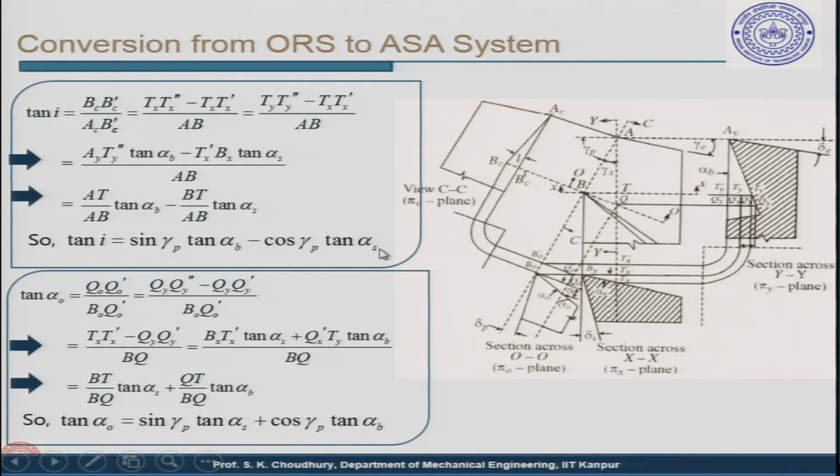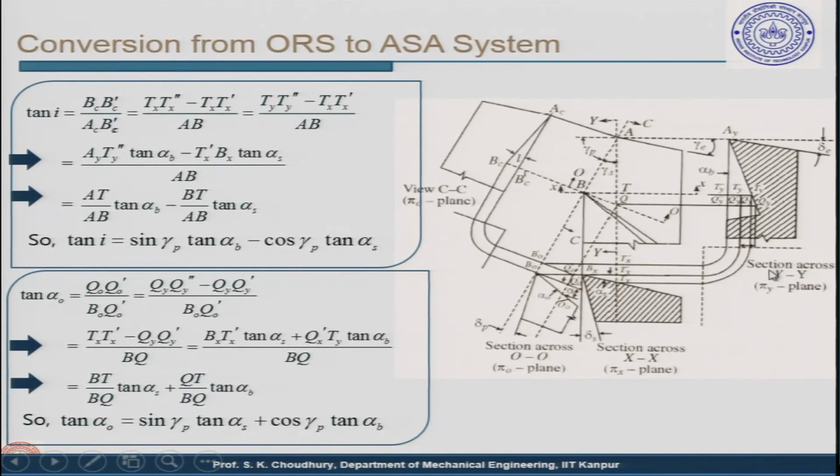p and the tan alpha s, again this is ORS, alpha s is the side cutting edge side rake angle. So, this is also in the coordinate system. So, you can see that this equation actually relates the ORS system with the ASA system. Okay. So, therefore, if we have a tool in the ORS system or in the ASA system, and you have to convert to the other system like ASA or ORS, you can always do that using this kind of simple geometrical equation, which is obtained through simple geometry.